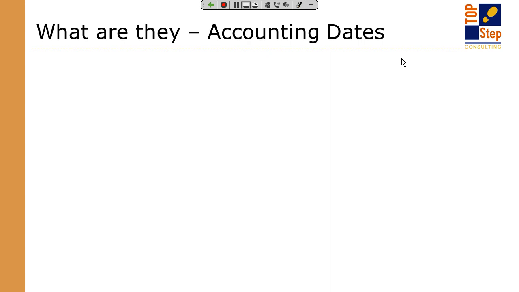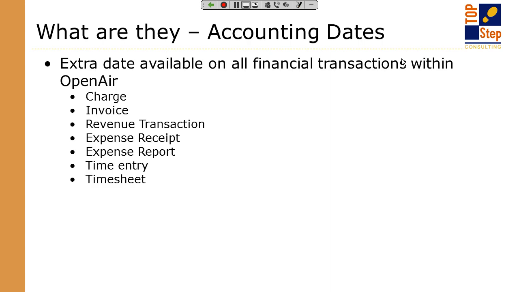So what are accounting dates? Okay, the accounting date in OpenAir is not as strict as an accounting system, but it is another date that shows up on transactions, and all the transactions that it shows up on have a relationship to some kind of accounting activity. So receipts, expense reports, invoices, revenue, time entries, timesheets, all of those, if you turn on the accounting date functionality or if it's already on, the accounting date functionality adds one more date field to a variety of